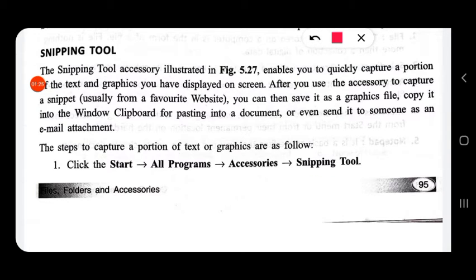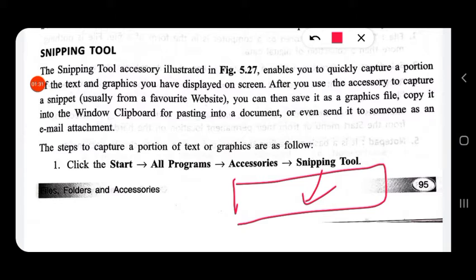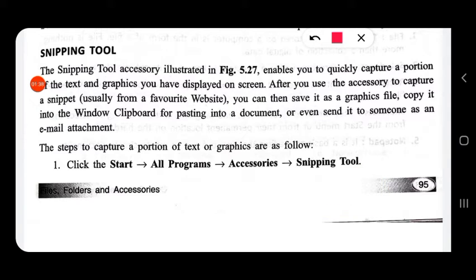Or you can directly search in the search button for the snipping tool. When you search, it will be displayed. That snipping tool can be used to capture the screenshot. What area you want to capture can be captured using the snipping tool.